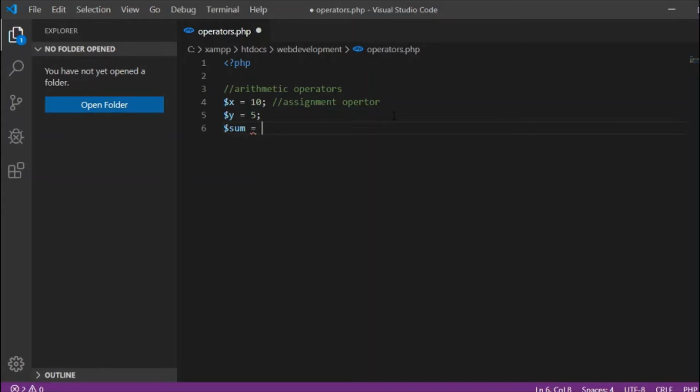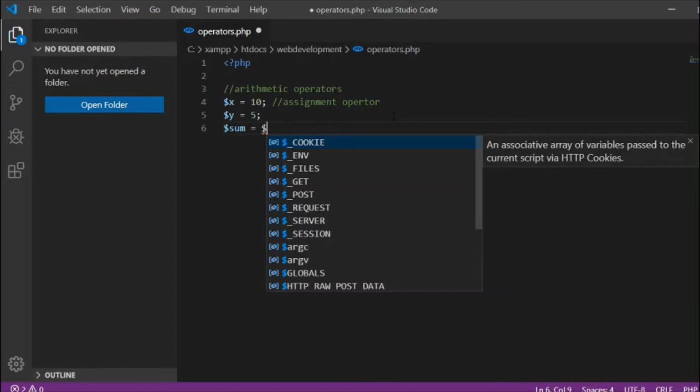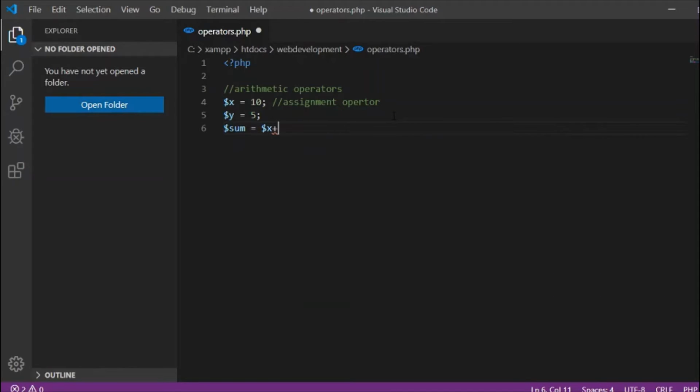So we'll just say sum is equal to x plus y. From here we can simply echo the sum of x and y is, and we can put our variable inside our double quotation. So let us save this,